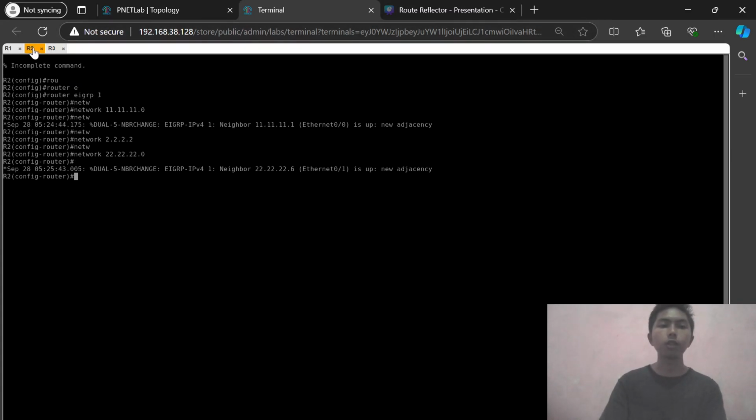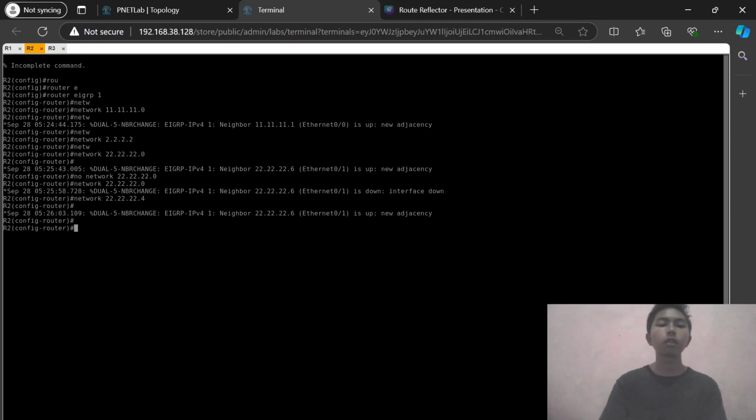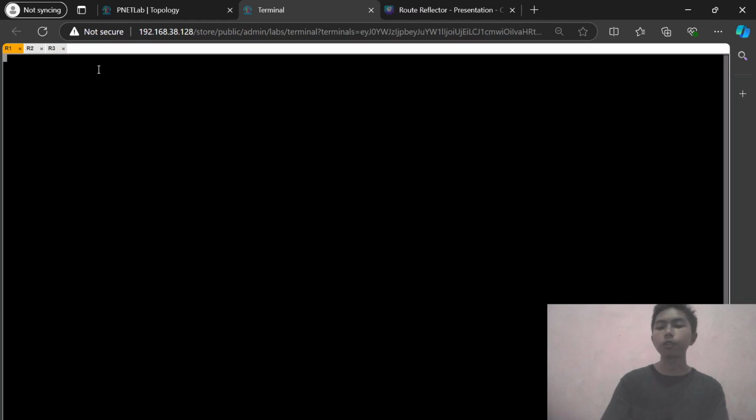Okay, I'm sorry, I just made a mistake in the configuration. The network should be 22.22.22.4. After we configured the IGP routing protocol, which is EIGRP in this example,